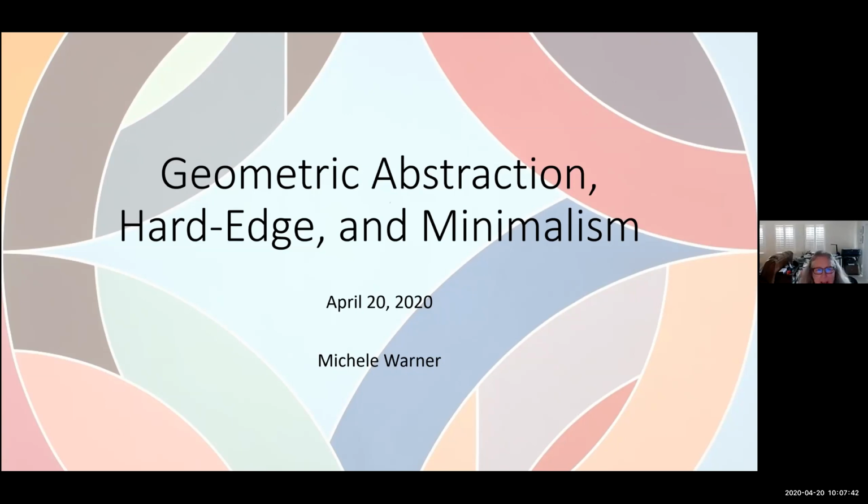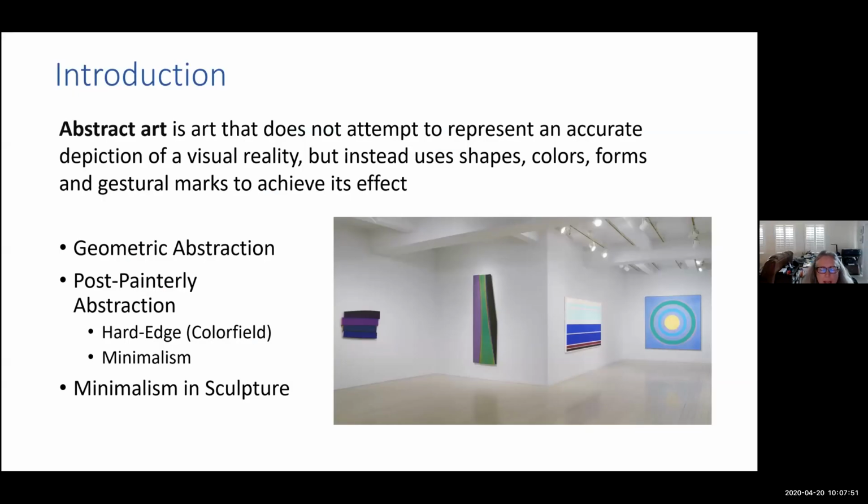So this morning we're going to talk about geometric abstraction, hard edge, and minimalism. And I just want to start here with a definition of abstract art. Abstract art is art that does not attempt to represent an accurate depiction of a visual reality, but instead uses shapes, colors, forms, and gestural marks to achieve its effect. And we're going to talk about a particular kind of abstraction,